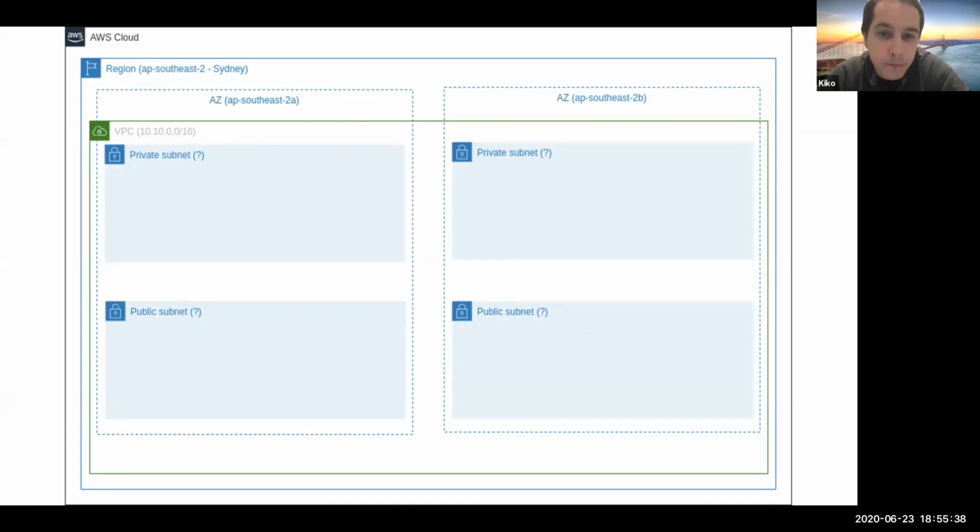Say, like you're talking about a 2-tier application, we have one for the front end and the other for the back end. Yeah, that's the reason why we have public and private, because some of the resources need to be public and some resources need to be private. That's the main reason. But how would we split this